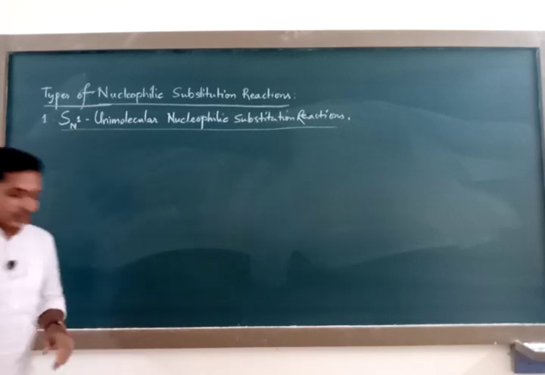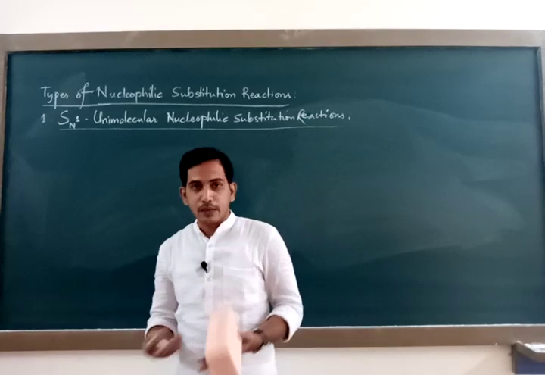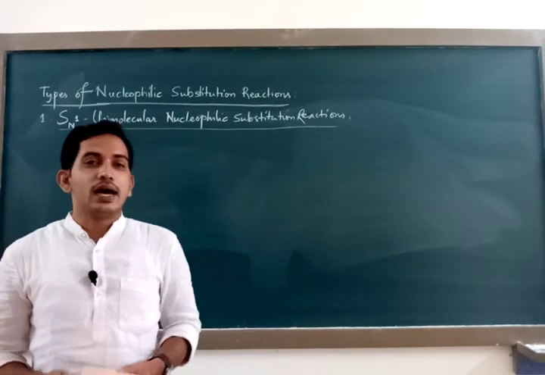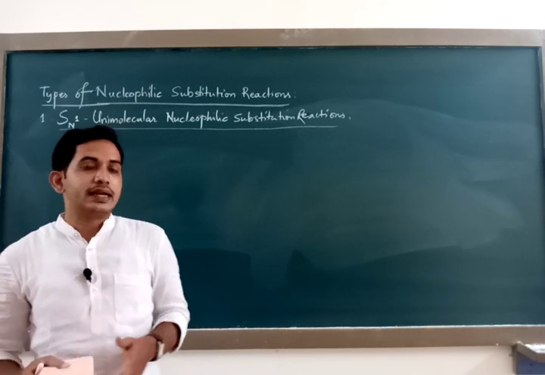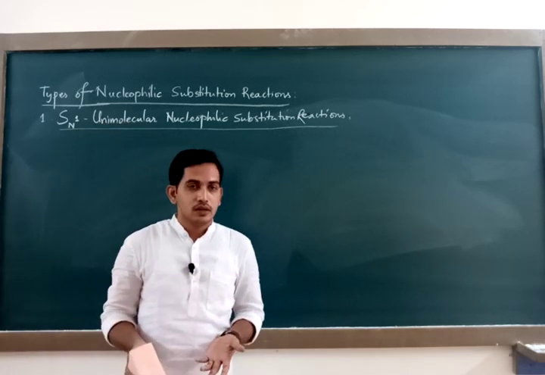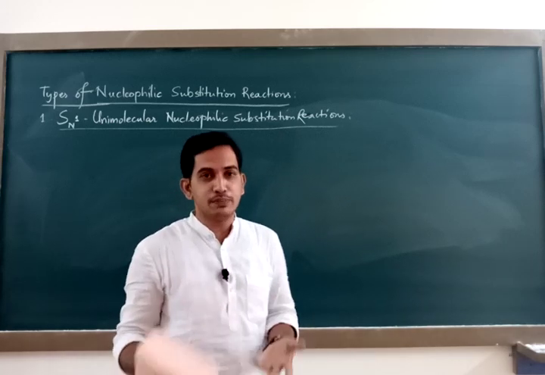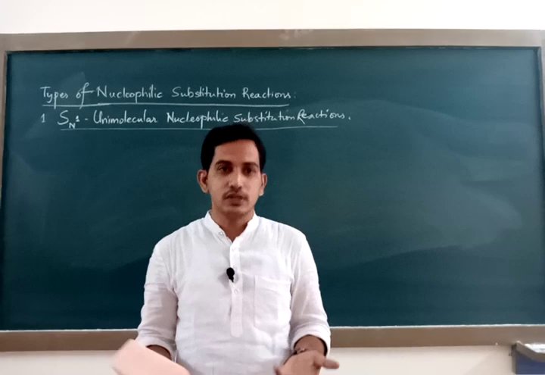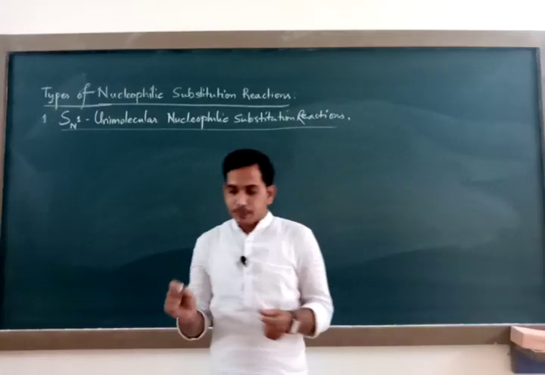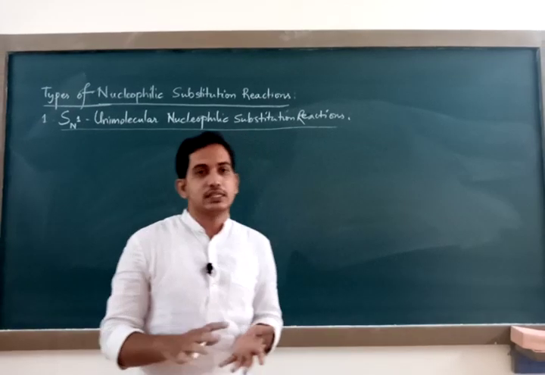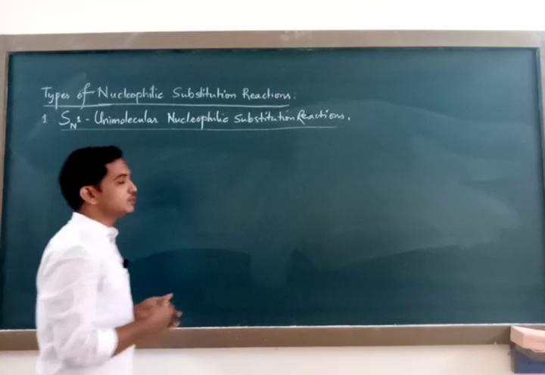Let us study the first one. To understand unimolecular reactions or bimolecular reactions, you need to have some basic idea about the chemical kinetics chapter. If that has not been dealt with, then for the time being, you assume that whatever is being told is true, because it is. So here and there I will try to explain the parts that come from the chemical kinetics chapter. Meanwhile, we shall see how this reaction proceeds.